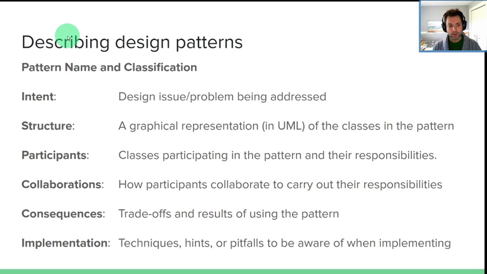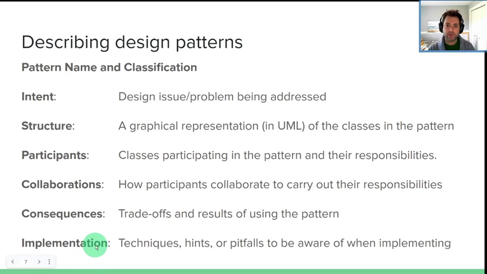Okay. So we'll also show participants. Who is participating in the pattern? Which classes? What are their responsibilities? What are they supposed to be doing here? Are there going to be any collaborations or interactions between classes? Are there any consequences? If I use pattern A, what is going to happen? Are we going to absolutely blow out our available memory? Are we going to be limited to one instance of a class? Is it just hard to implement, but it's actually going to save us a lot of time in the long run? It just kind of depends, right? And some of these can be UML, some of these can be prose or written language as well.